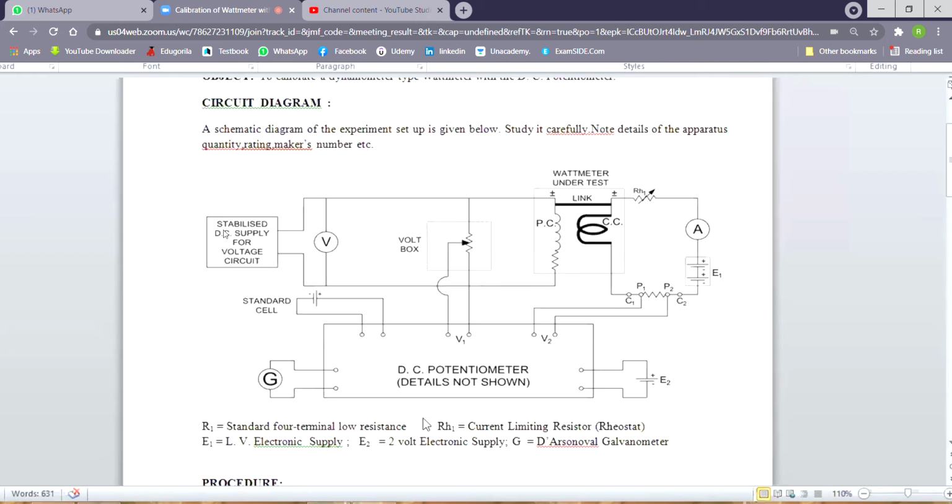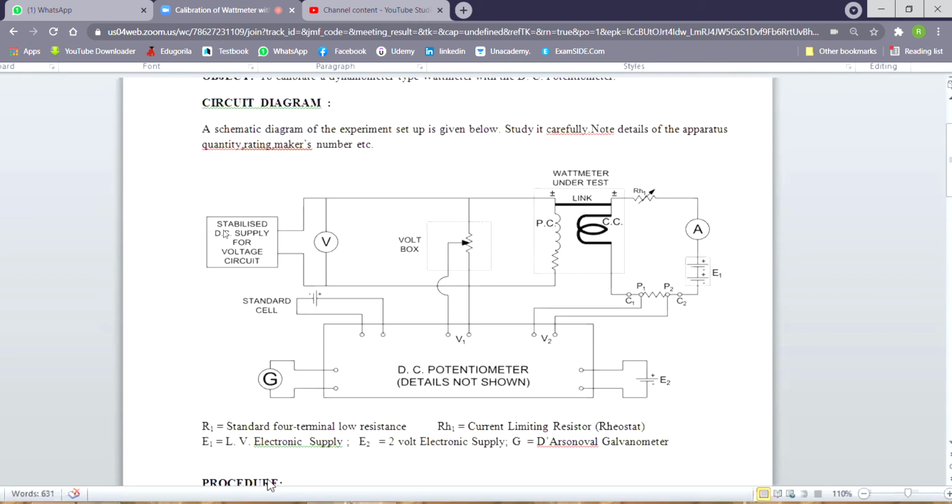When the two voltages that are opposing each other are equal, then the net current in the galvanometer will be zero. We'll see a null, meaning the galvanometer's illuminated spot will be at null. So null means our slide wire length is now exactly compensating the input voltage. It is equal to the input voltage. So from the reading of the slide wire position, we can measure the value of V1 or V2. So that is the principle of potentiometer.